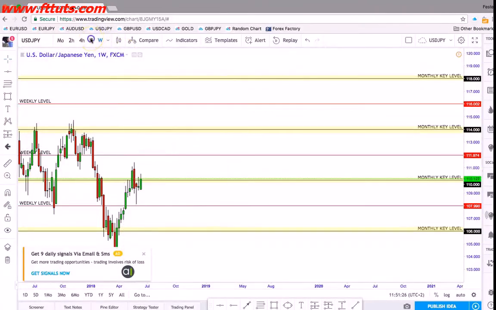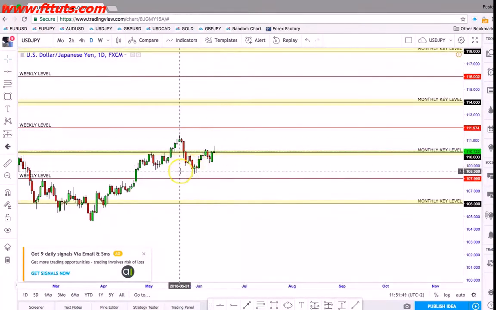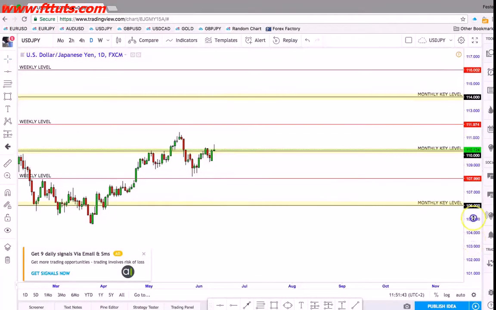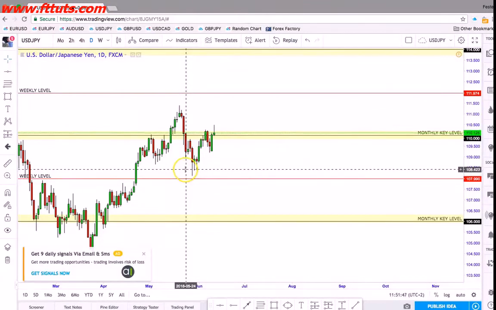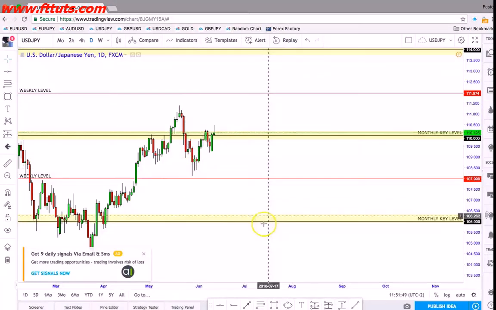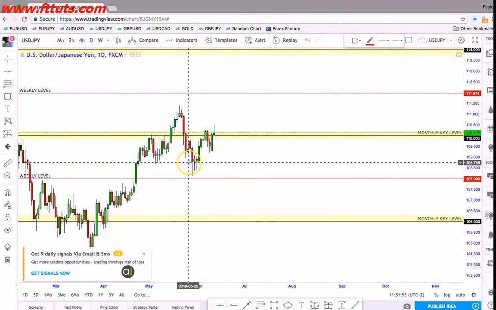So now we step down to the daily time frame. Now, when looking at the daily time frame, again, the same rules apply that you do on the monthly. You look for an area where there was resistance or support, and you look for 3 weeks or so. If it's really close to a weekly key level, like let's say on this daily right now, if I were to draw a daily level here using the horizontal ray like that,